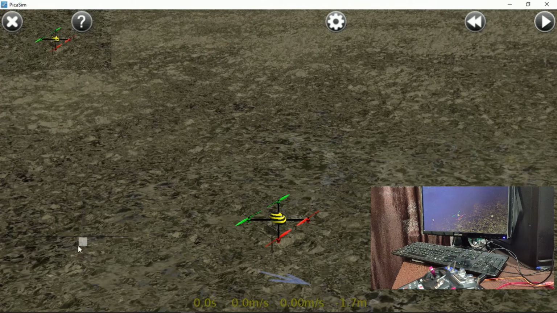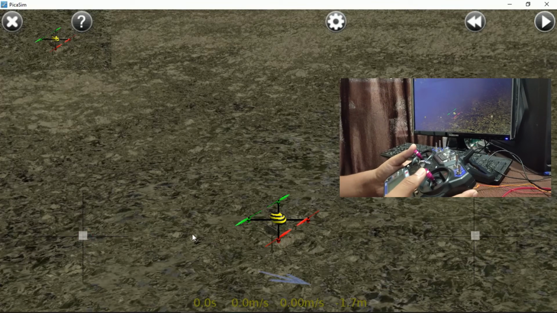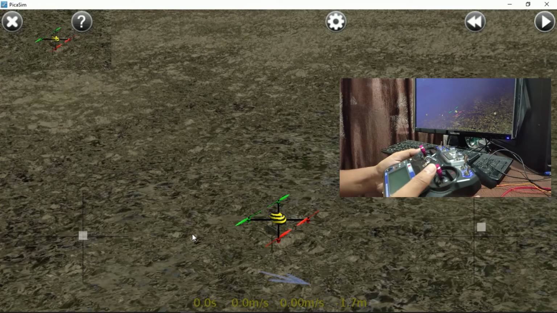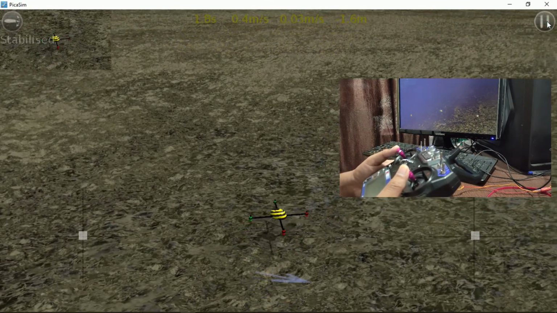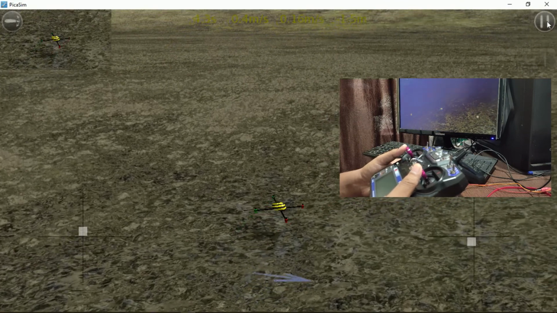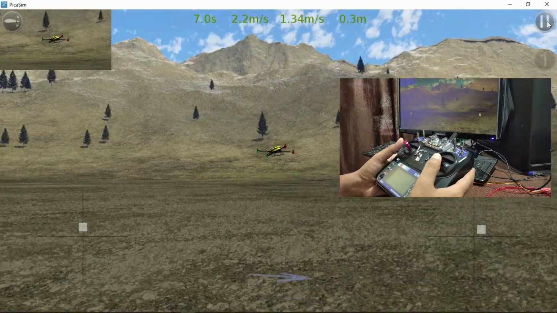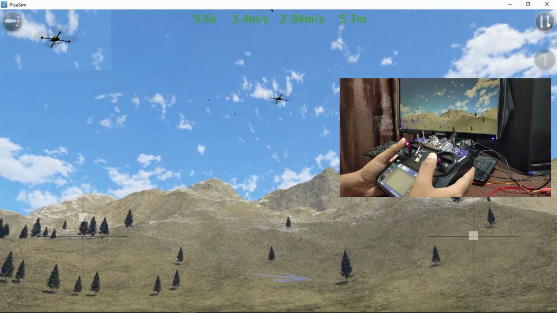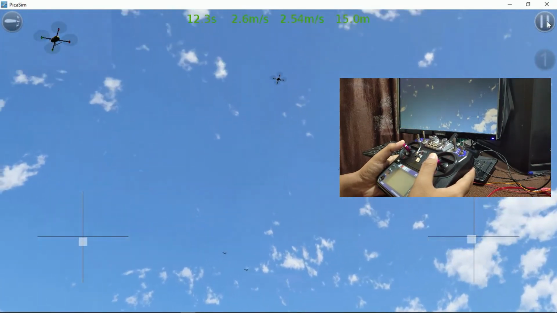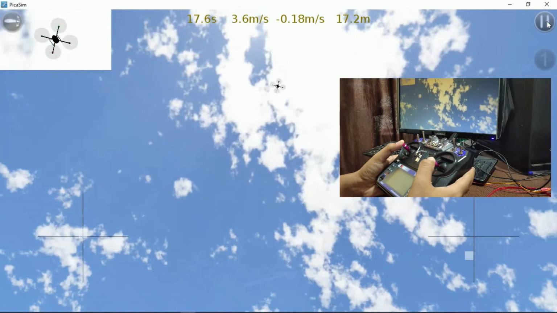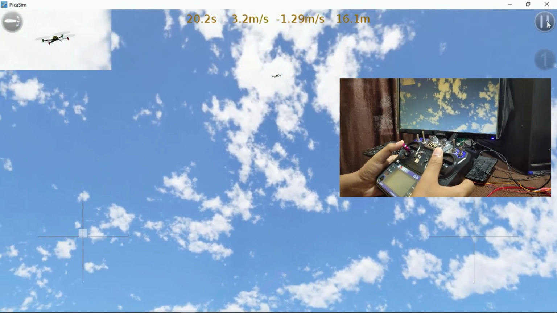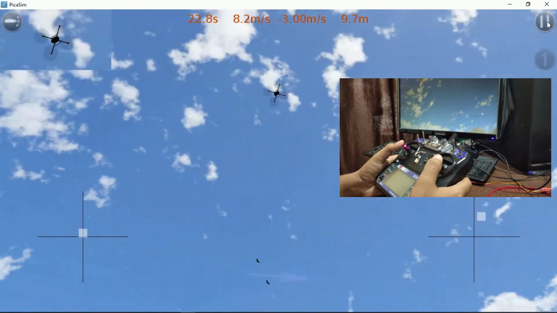And here we go. This is our simulation area. This is our flying area, and as you can see, there are two white dots. So to run the simulation, click on the play button. These two white dots are your joystick. So whatever movement you are doing with that joystick, that movement will get reflected with that white dot. So this way you can fly the quad. So enjoy your flying.